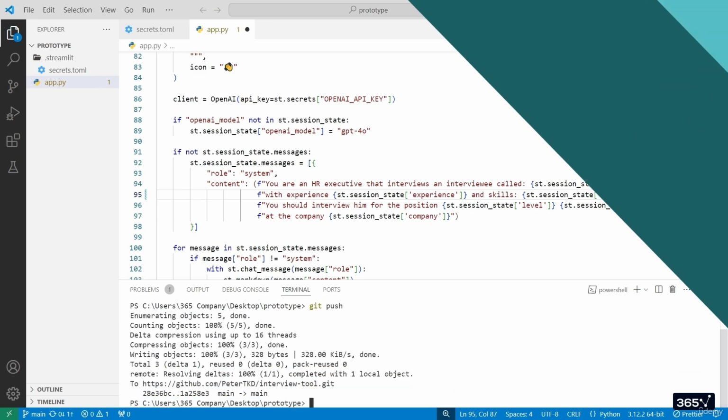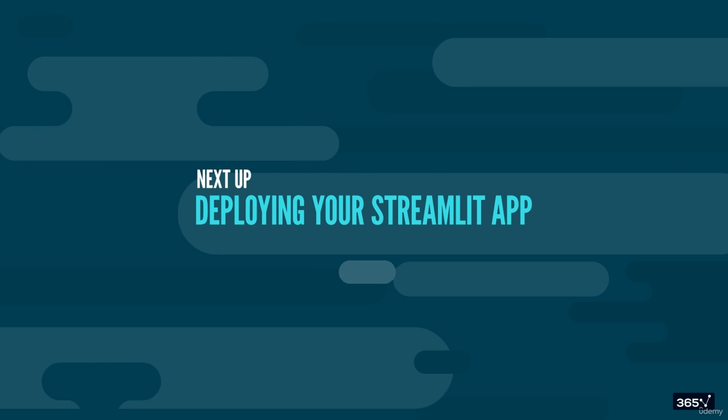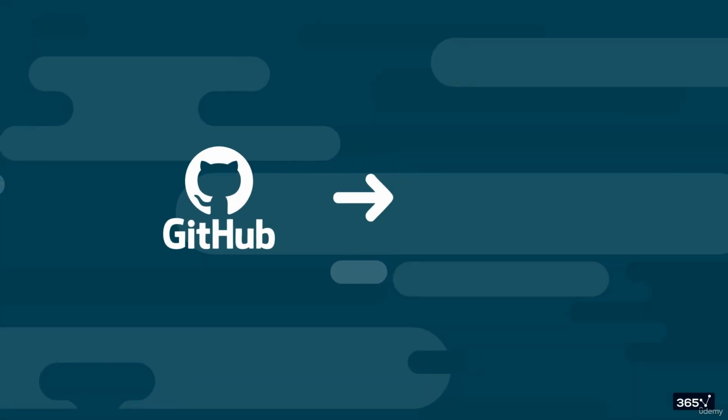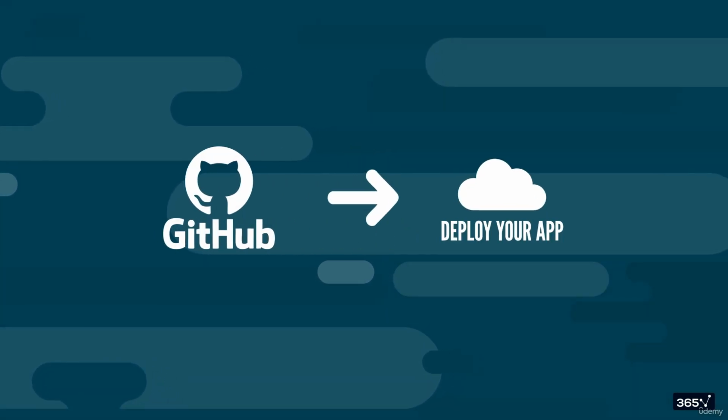In the next lesson, we'll take it a step further by deploying our application using Streamlit services. This will allow us to share our interactive app with others quickly and efficiently. See you there. Now that your project is uploaded to GitHub, it's time to make it accessible to others by